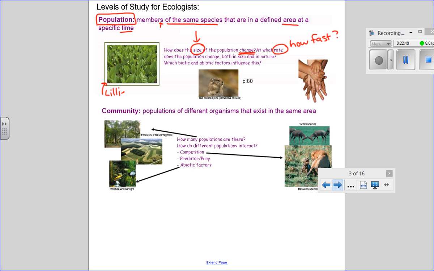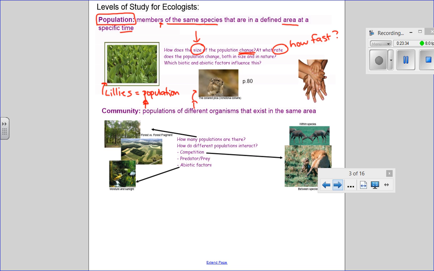So here I have some lilies. If any of you have ever had lilies in your yard, you might know this. Lilies are actually considered a weed because they're very invasive, they're hard to kill, and they multiply quite easily. So lilies are an example of a population that is increasing. I like lilies, I think they're pretty, and I plant them in my yard, and my dog is obsessed with digging them up, but they come back every year, all the time, because it's really hard to kill a lily. So they're an example of something where the population is increasing.